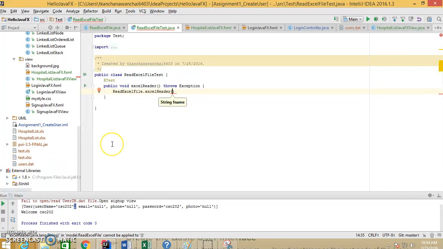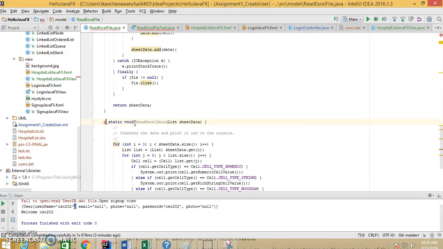we have hospital list. That's a file name, right? Hospital list .xls. Alright, so I'm not going to worry about assert equals. I want to just display it then. Let's see, so it's going to return the list. And I want to see. So I have to change this to public. Then I can use this method to access to